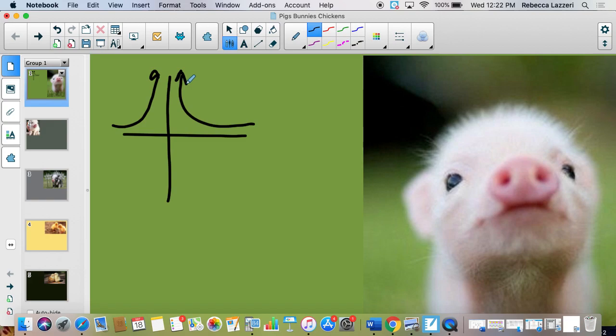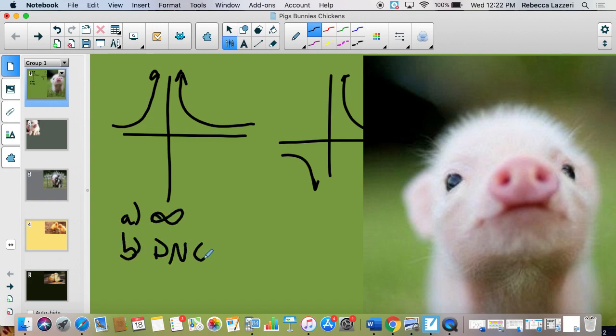This, we definitely would have to do a clear DNE, right? Because it couldn't be called infinity or negative infinity. That would be a full out DNE. But on multiple choice answers here, they would never ask you like A, infinity, and B, DNE. They might say infinity, negative infinity, something. They're not going to make you pick between those two, okay? All right, so,